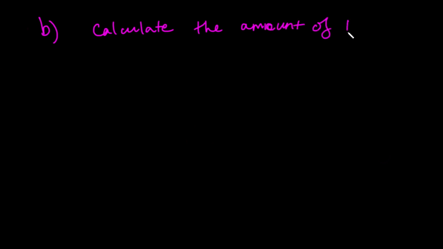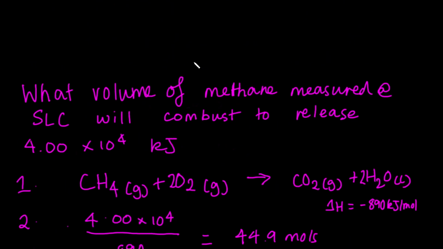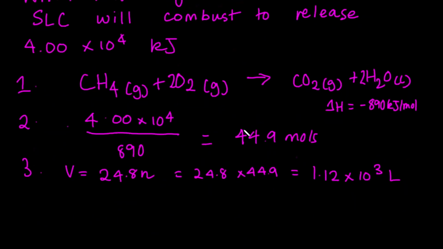Now, if the question then asks, all right, you have this value, now calculate the amount of H2O released, then that's when the equation would come in handy. So if we go back up here, we would see that we have 44.9 moles, and these are moles of methane. For every 1 mole of methane, we produce 2 moles of water, so it would be